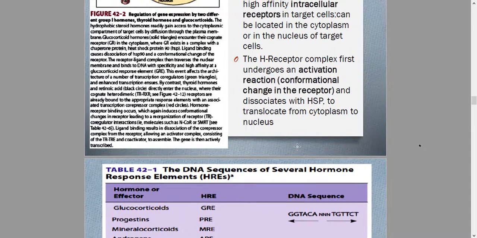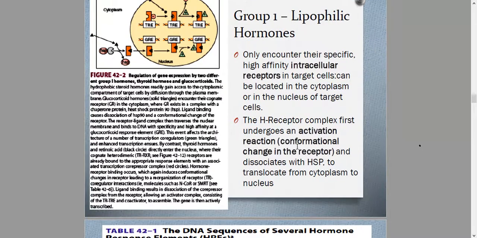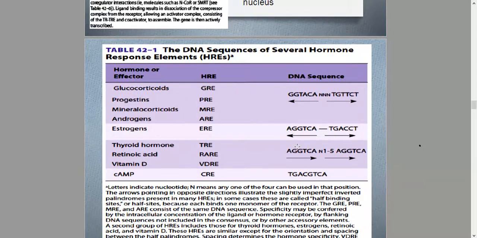okay, let's see. Let's take a look at the DNA sequence. So here you're seeing the nature of HREs, right? Opposite directions or opposite arrows, as described in our diagram, are illustrating imperfect inverted palindromes present in the majority of HREs. On the other hand, the ones that